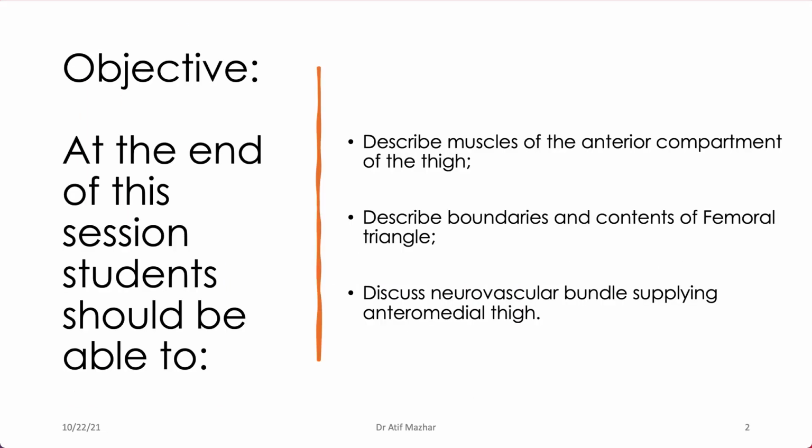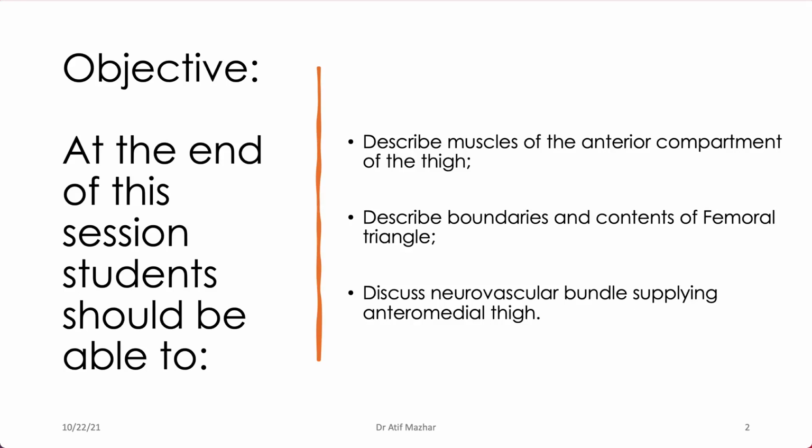So now, what are my objectives for today? We'll be learning about the muscles located within this compartment, and then we'll be reviewing the femoral triangle, a very important area for so many clinical correlations. And in the last, we'll be talking about the nerves and vessels present in the anterior compartment